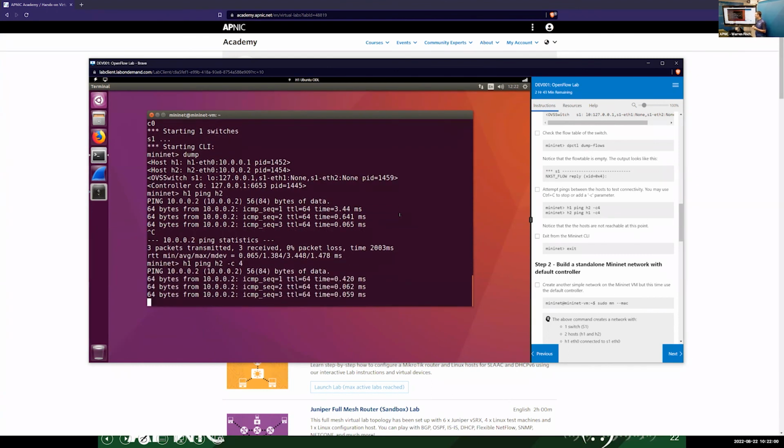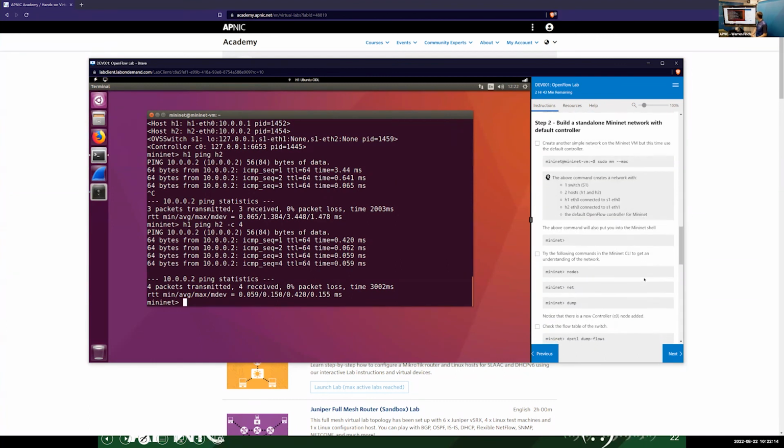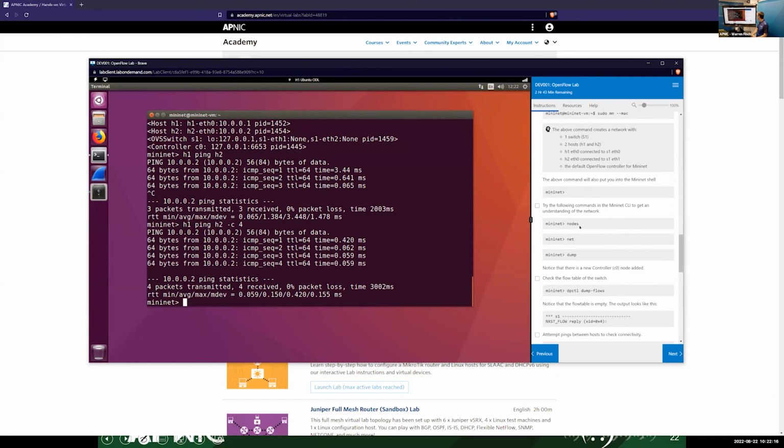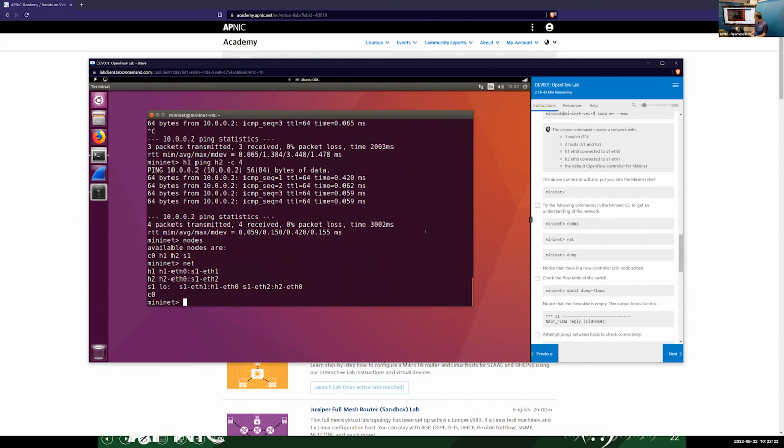So we have that connectivity because the controller is able to do a match on a field and send a flow entry. And that match at the moment is going to say, allow the packet to get there. Same sort of process as before. We can drill down on the nodes, the network, and see how things are connected. Notice there is no